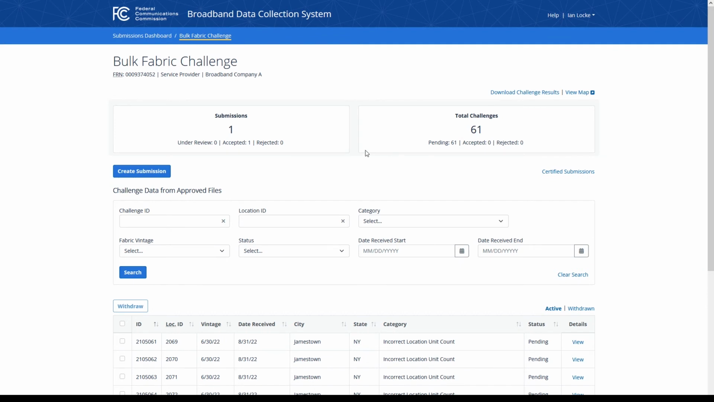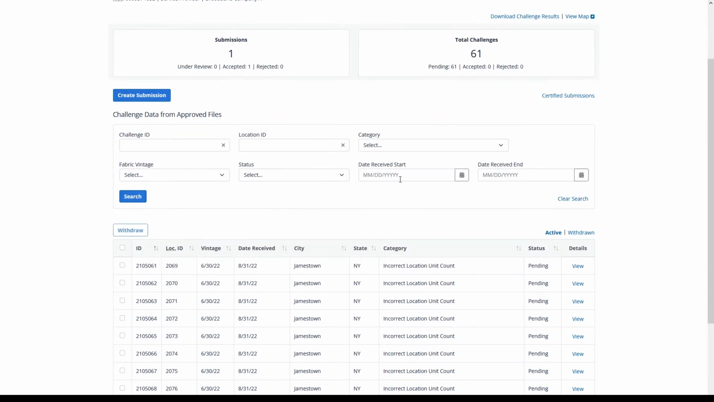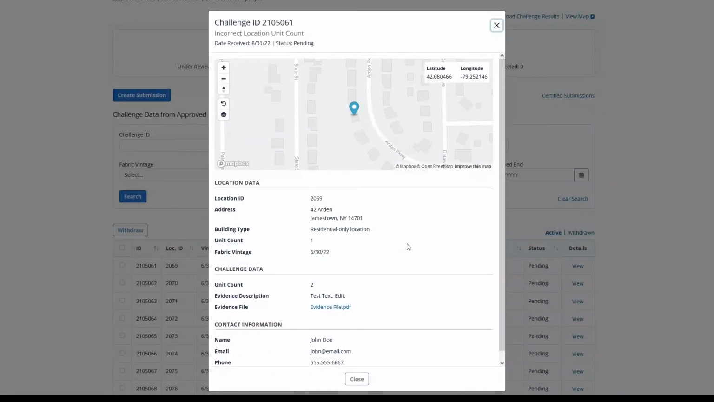I can view each individual challenge within this table on the page, and I can filter the table by selecting one or more of these drop-down menus, or by entering a specific challenge ID or location ID to narrow my search. For each record in the table, I can click this View Details link to see additional information for each